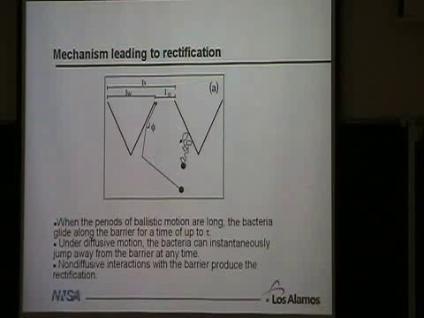And for molecules? Oh, well, for molecules, they're going to act more like this. At any instant, they're going to go in some new random direction. There's no reason that a gas molecule is going to keep going to the right. It'll just be buffeted around by the other molecules. That's why all the air in the room doesn't rush to the other side. Well, okay, I guess if you tried this experiment in a very evacuated room, you could probably get rectification, if the mean free path is long compared to the size of your asymmetric barrier. But in normal situations, that's not true with gases.